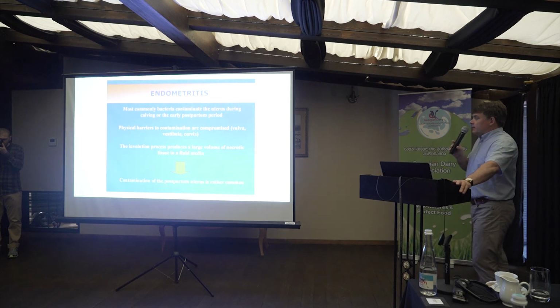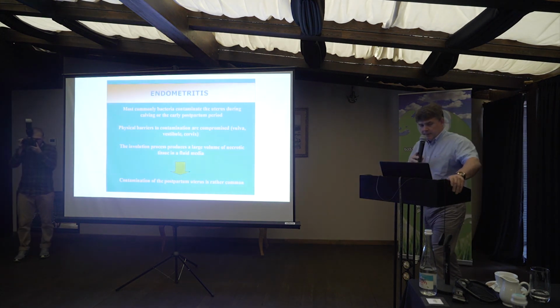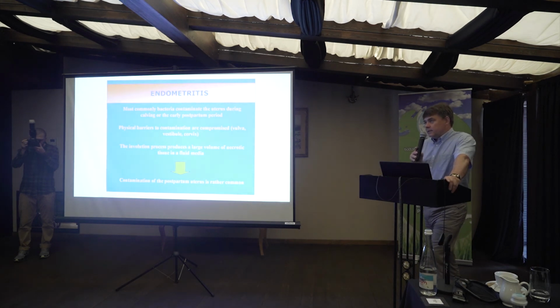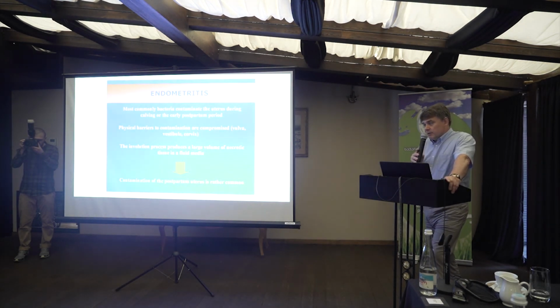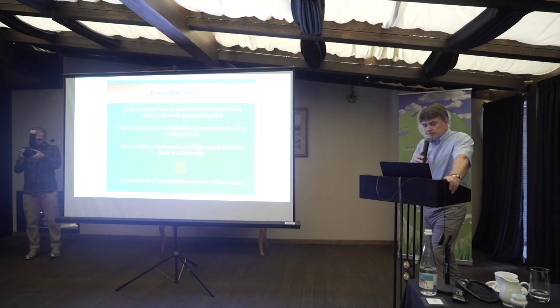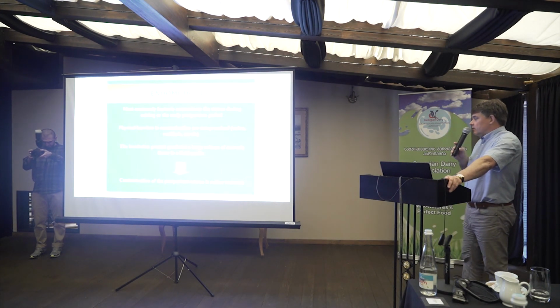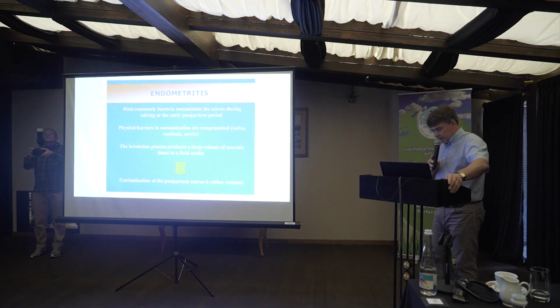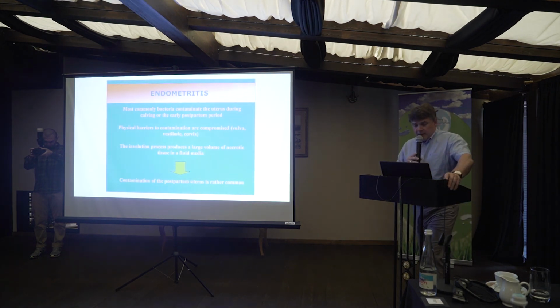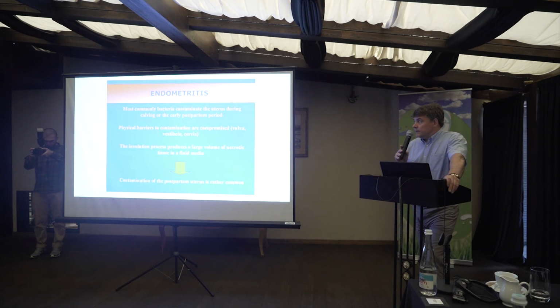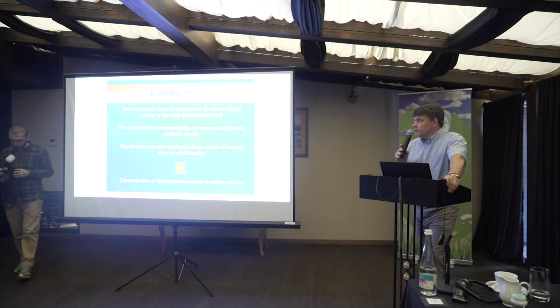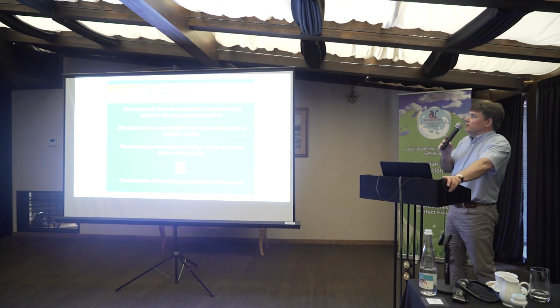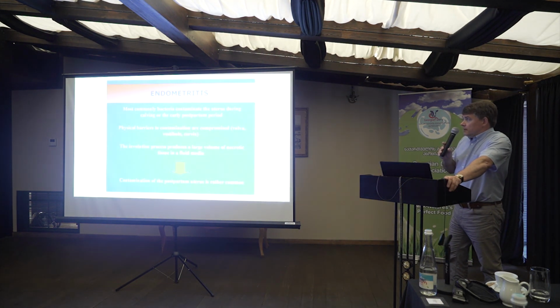But my next talk will be mainly concerning endometritis, because endometritis is, for sure, the most common form of uterine inflammation. Again, the contamination of the uterus will be during the parturition or during the early postpartum period. And the risk is bigger when the surroundings are very dirty and when the calving assistance has been made in dirty conditions, or the person who is doing that is not cleaning the cow and not cleaning her or his hand.